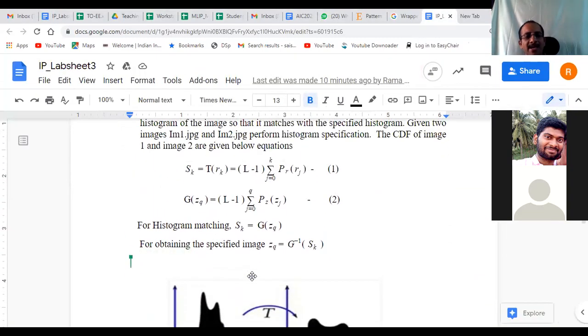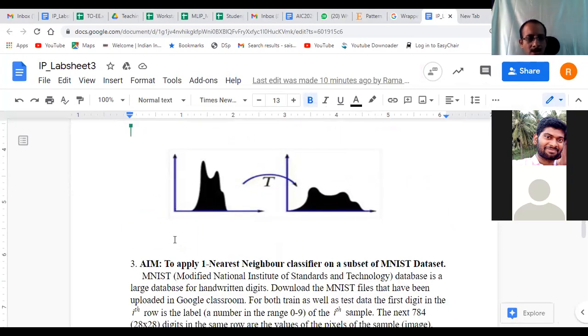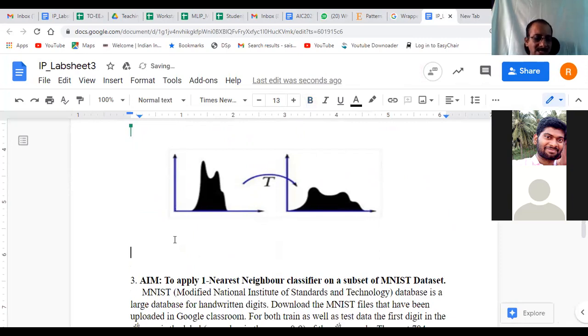So this is what is being done. This inversion process is done through a table, as I said. You make a table. First, RK, or RI, then the CDF of RI. I'm just writing here, but you should also make it. And later, the CDF of the target image, TI, and then the intensity value of TI.